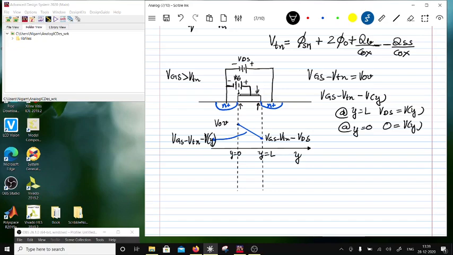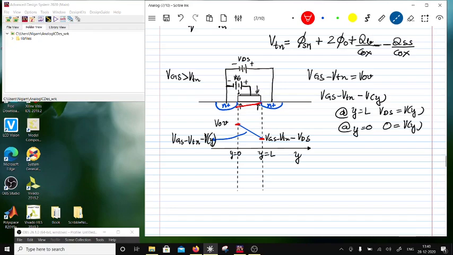Okay, now when this voltage is applied, the channel is going to be thicker over here and it's going to be thinner over there, because the net potential on the source side is more than the net potential on the drain side. So the channel is going to be deeper at the source and it is going to be shallow at the drain. Now if you keep on increasing,